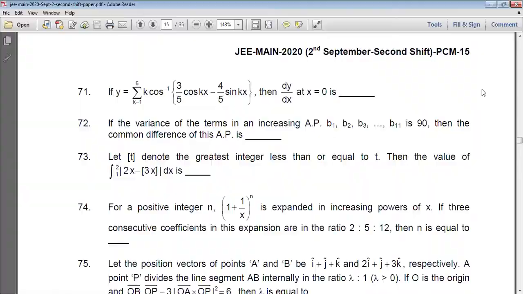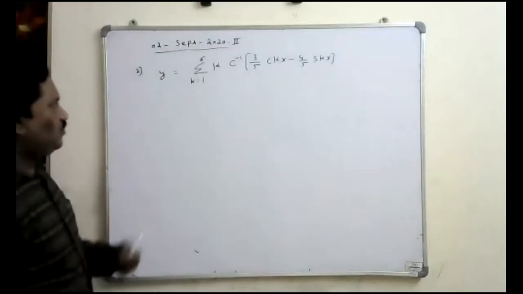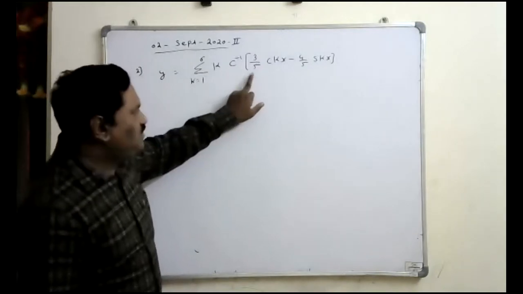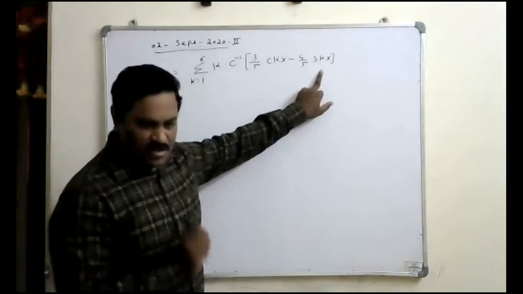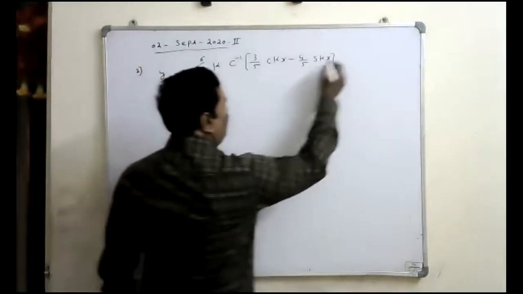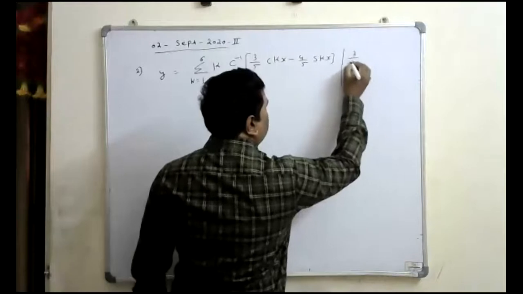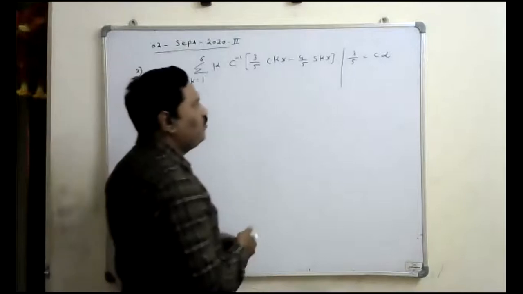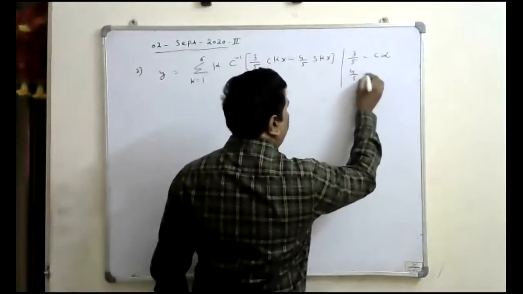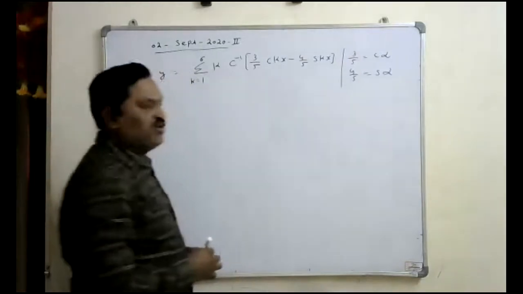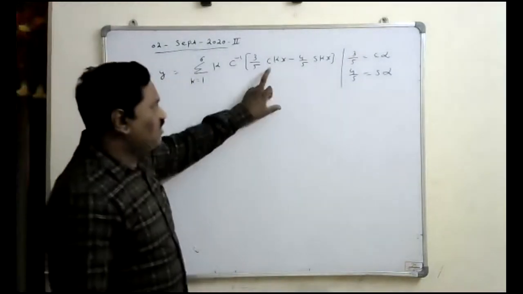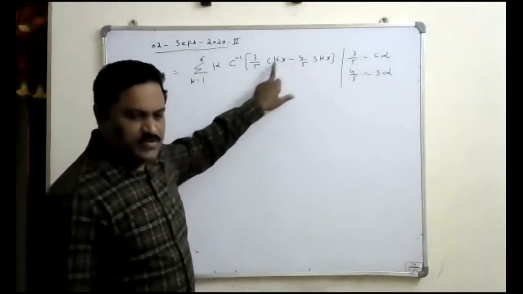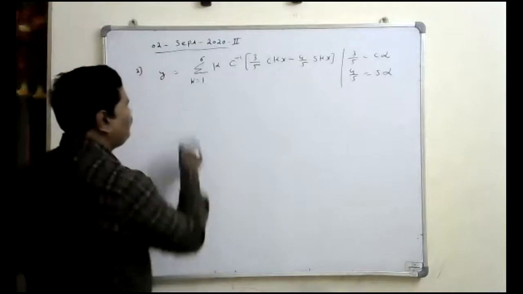Just observe this. So first we have to simplify this. Since on the outside there is a cos inverse, we have to write this in terms of cos. For that, let's take 3 by 5 as cos alpha, then automatically 4 by 5 becomes sin alpha. Now this is in the form of cos A cos B minus sin A sin B.